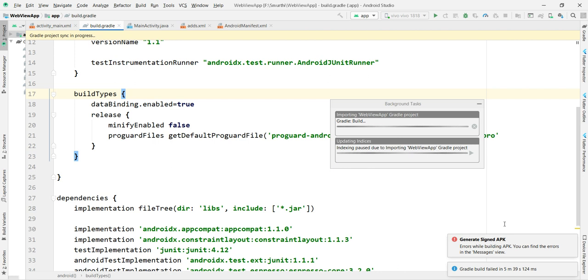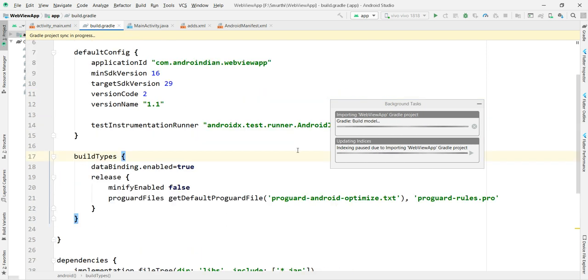Once this Gradle build is done, we can create an APK here. That is the way we do this process. Because we changed the version code as well as the version name, once this has completed, we can create a new APK.